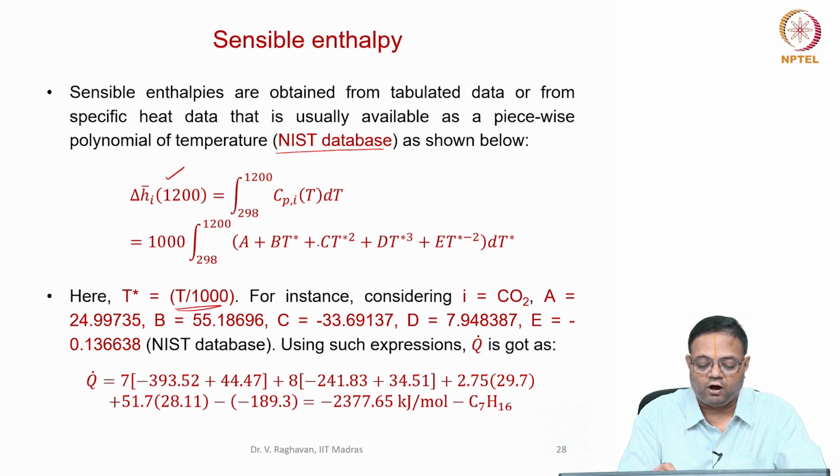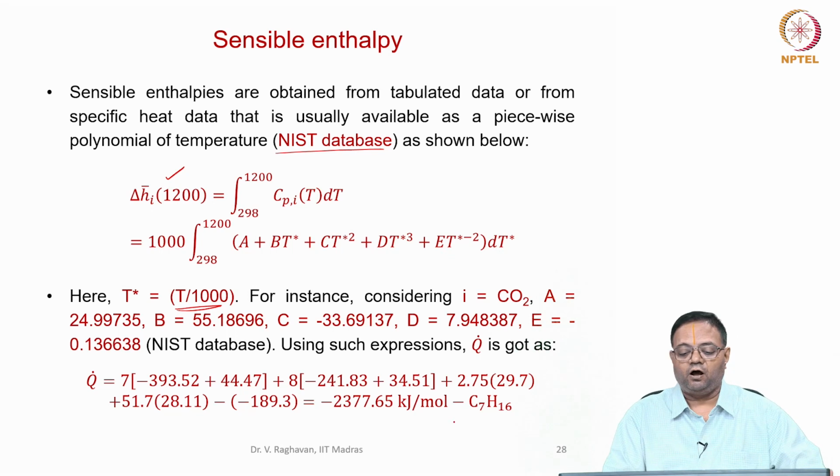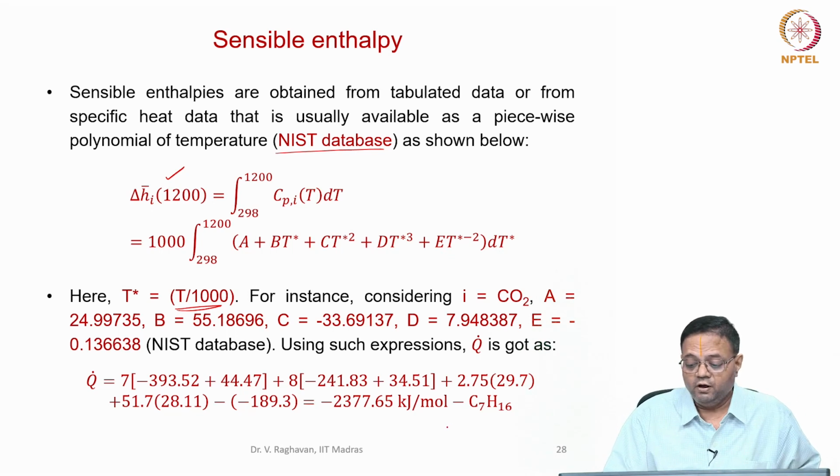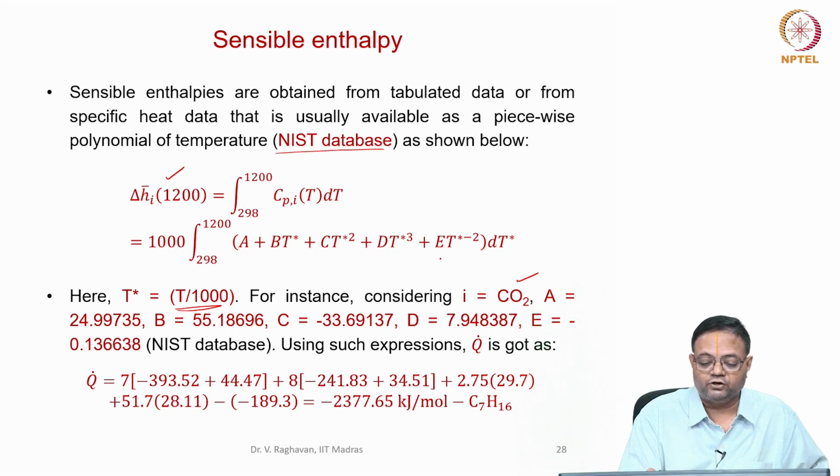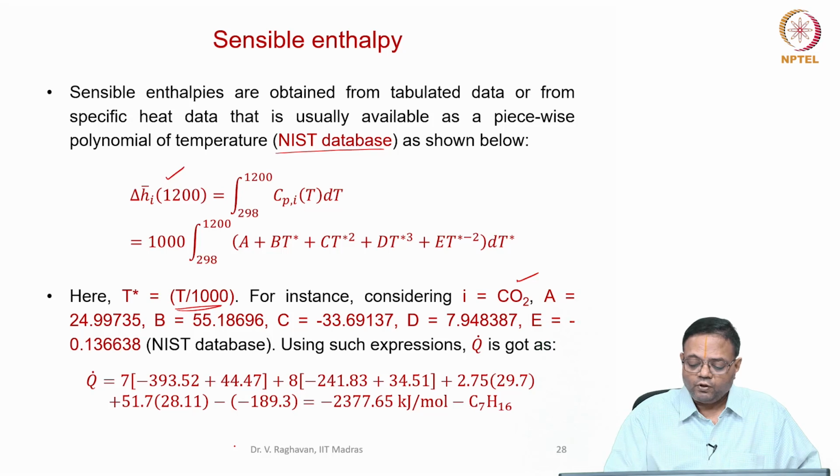For example, T star equal to T by 1000, and the values of A, B, C, D, E, etc. are available in the database itself, and for CO2 I have just listed typical values from the same database. So, once you do this integration, I will get the sensible enthalpy, then use that in the calculation, or